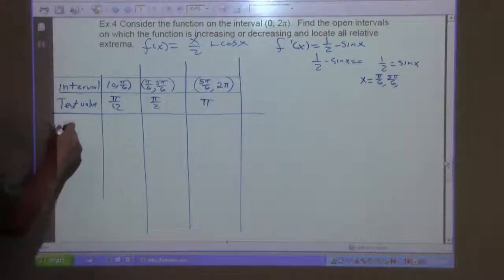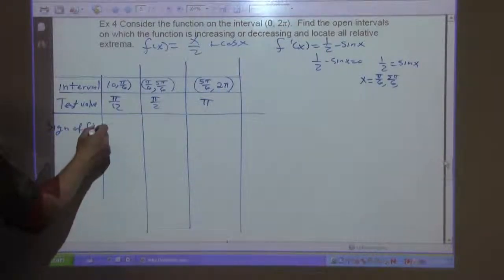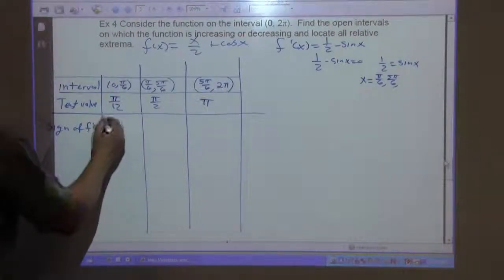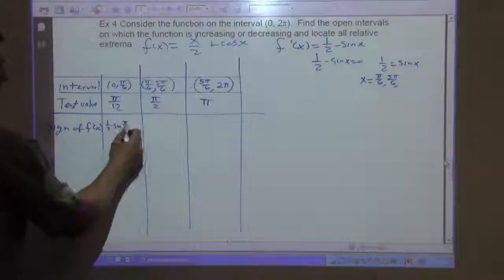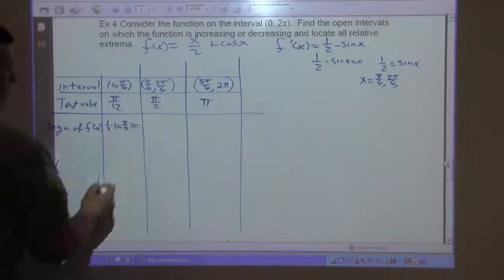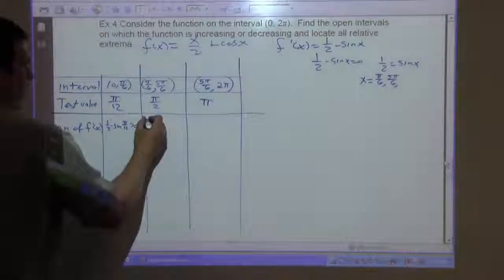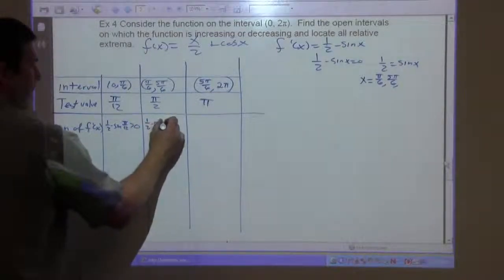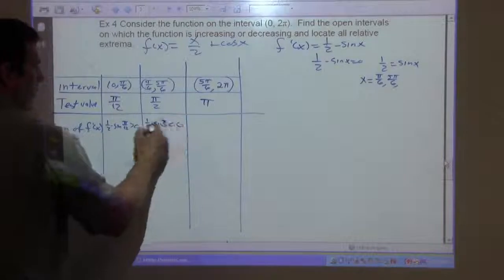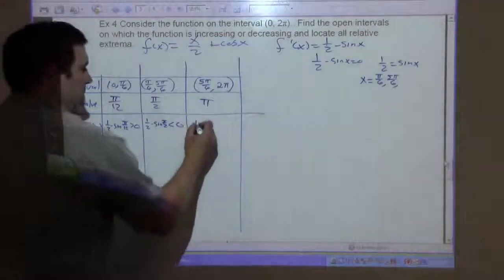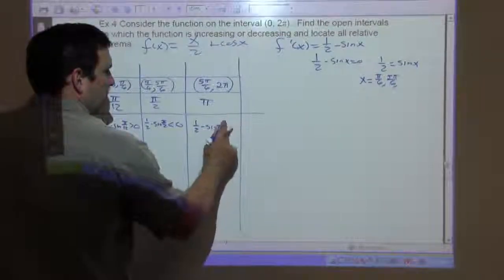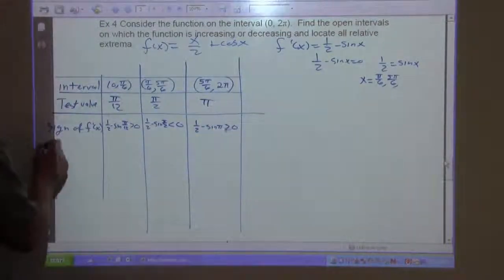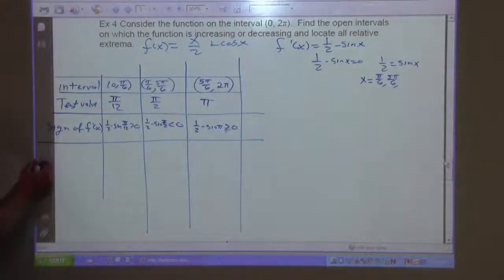So let's look for the sign of f prime of x. In the first case here, we're looking at 1/2 minus sine of pi over 12, and that's going to be positive. Here is 1/2 minus sine of pi over 2. That's going to be 1/2 minus 1, that's negative. Then we have 1/2 minus sine of pi. It's 1/2 minus 0, that's going to be positive. So our conclusion,